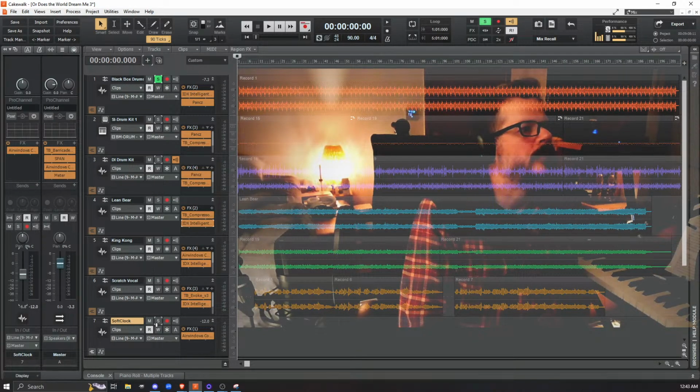So I am tracking to the black box drum loop, same idea as tracking to SoftClock, just that it's got its own clock, and I've got to track to that. Can't track to SoftClock, but I think SoftClock is going to be